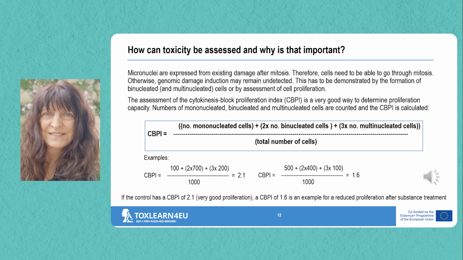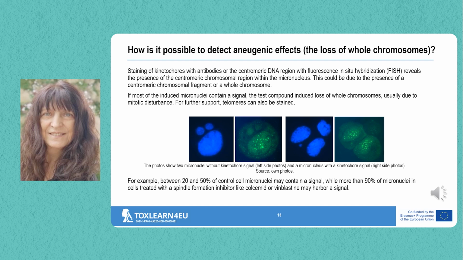after substance treatment. How is it possible to detect aneugenic effects, which means the loss of whole chromosomes into micronuclei? Staining of kinetochores with antibodies or the centromeric DNA region with fluorescence in situ hybridization reveals the presence of the centromeric chromosomal region within the micronucleus. This could be due to the presence of a centromeric chromosomal fragment or the whole chromosome. If most of the induced micronuclei contain a signal, the test compound induces loss of whole chromosomes, usually due to